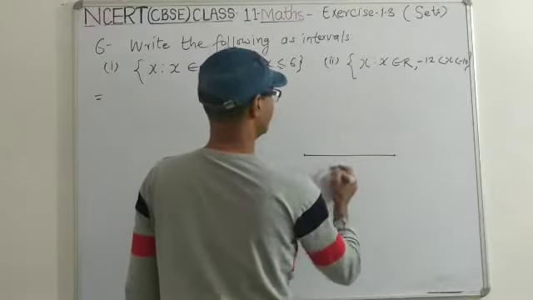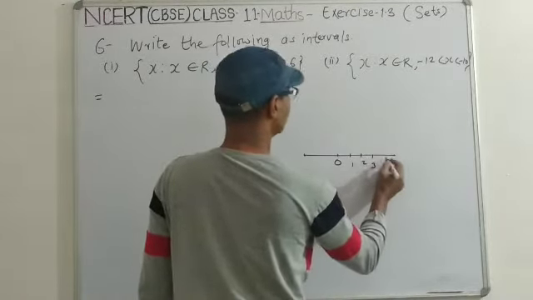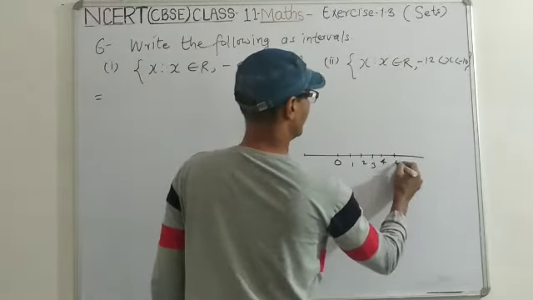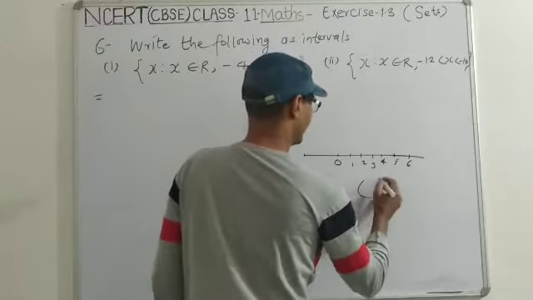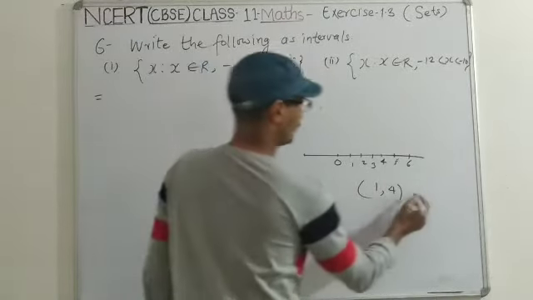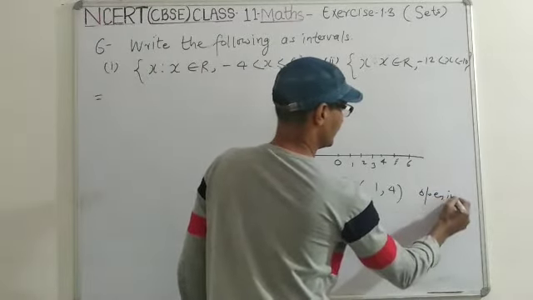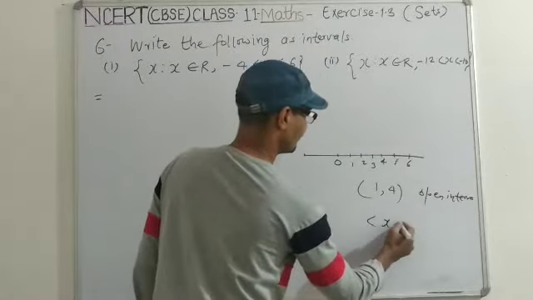It is a number line: 0, 1, 2, 3 and 4, 5 and 6. For example, if I am writing 1 and 4, it is an open interval. So how to write this? X